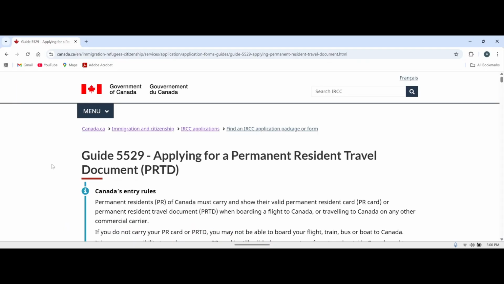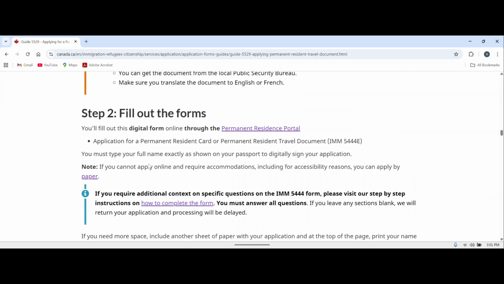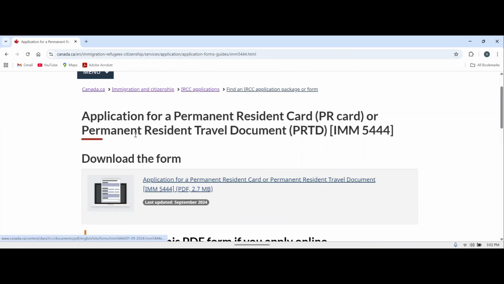and here you can see guide 5529, apply for permanent residence travel documents. Now I need to scroll down, and here you can see fill out the form and how to complete the form. We need to click here, and our form number is IMM5444E, and now we need to click on how to complete this form. Click here. Here you can see our form, and now we need to download this form and we will start